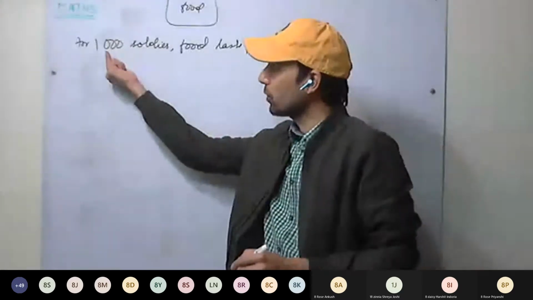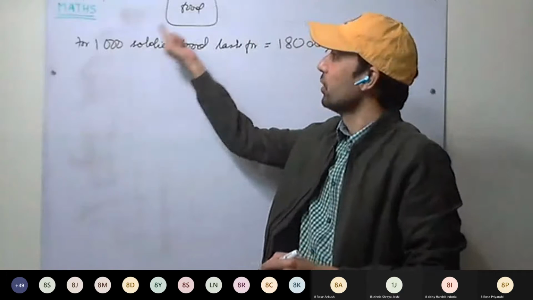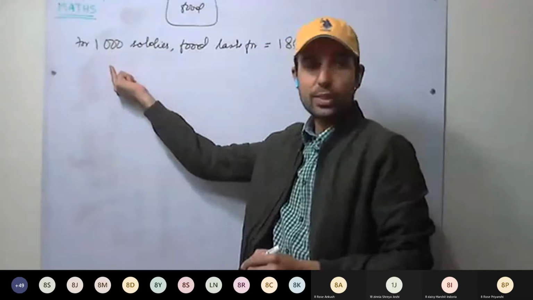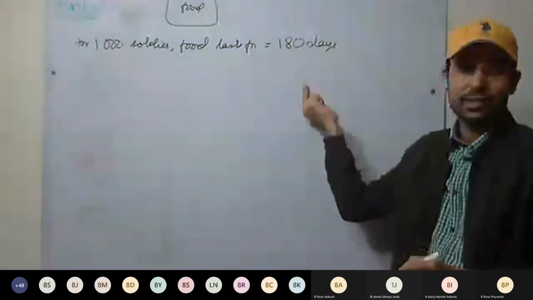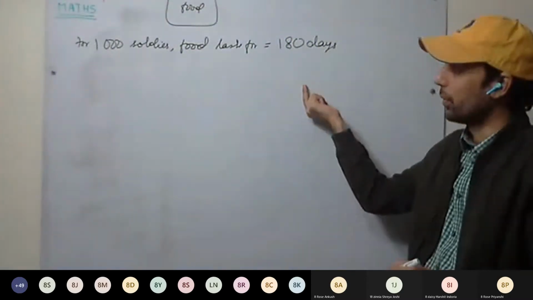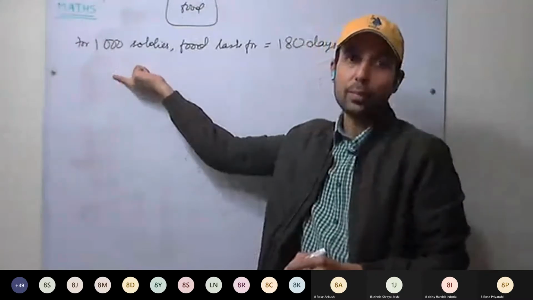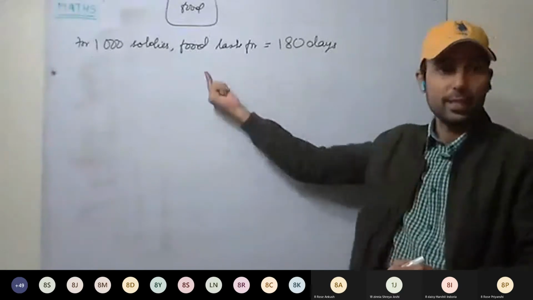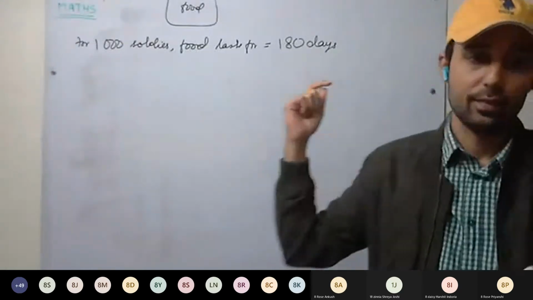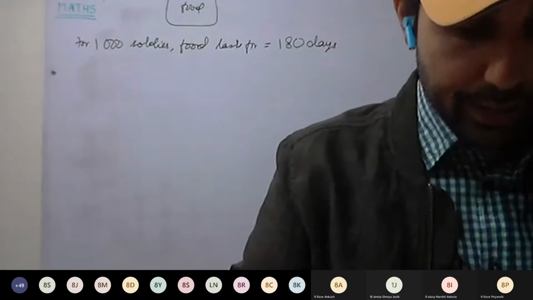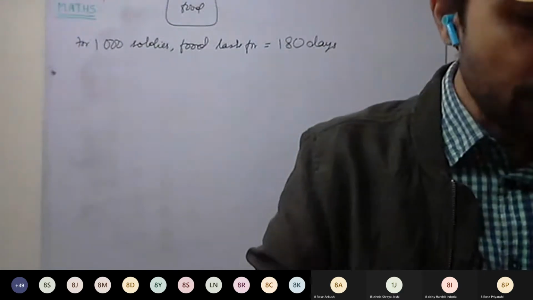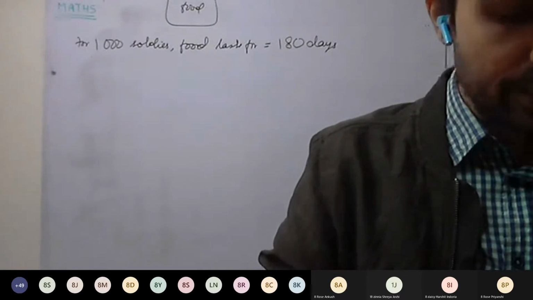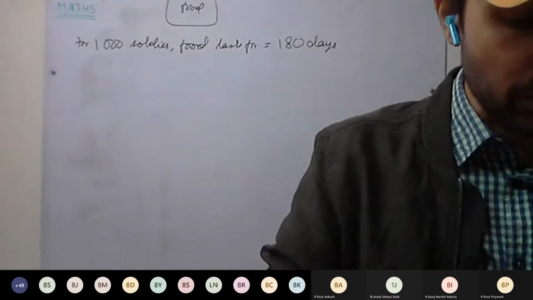Now see here, as the number of soldiers increases, food is limited. Same as the work is limited, food is limited. So number of soldiers increases, number of days decreases. Yes or no? The more the number of soldiers, food will last for fewer days. So days decreases. Inverse variation again. Now read the second line. If 600 more soldiers join the camp after 20 days. After 20 days, how many soldiers are joining? 600 more.